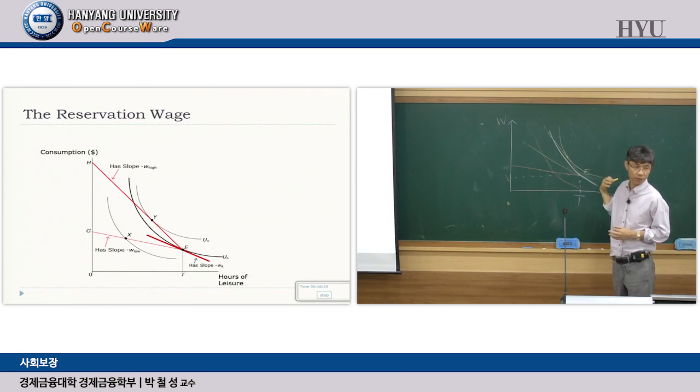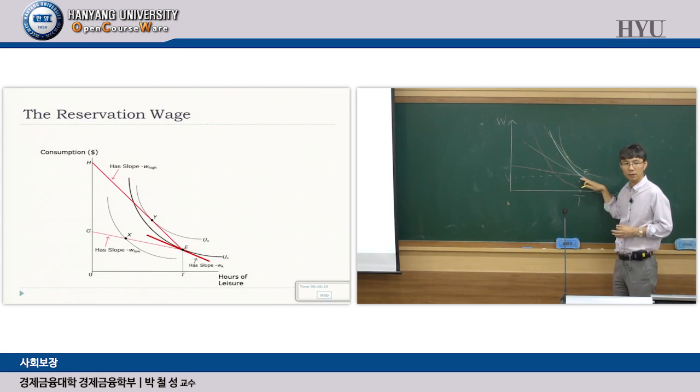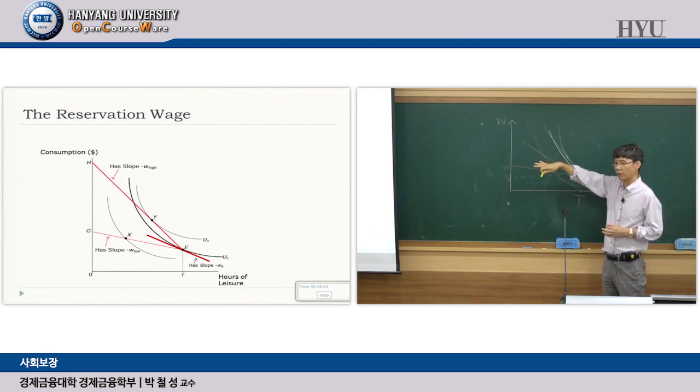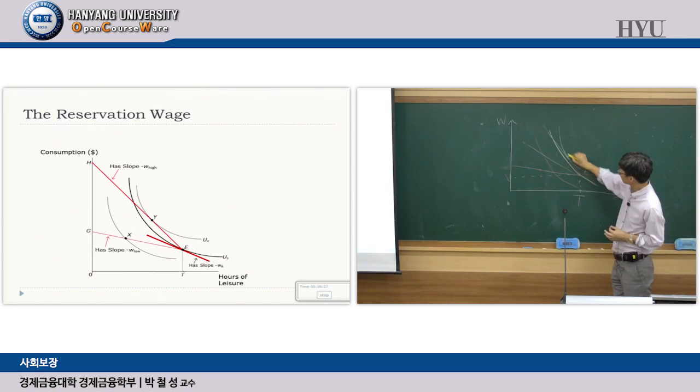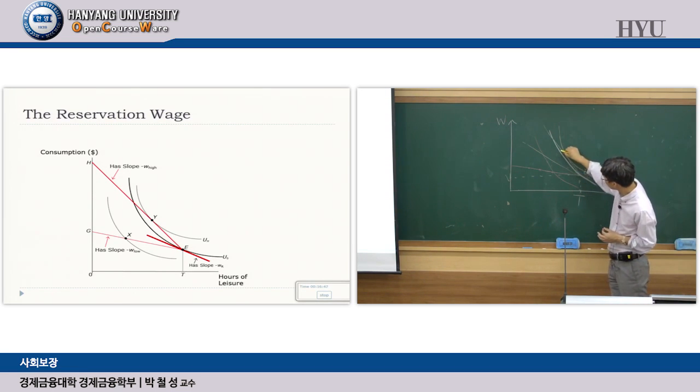Now if we think of the reservation wage, that means the slope of this one is lower than the reservation wage, right? That's why this person is not working. The wage offered is below the threshold, okay? And this slope made that person work, right? That means the wage rate of this one is higher than the reservation wage. Okay? So if we are going to find the reservation wage for that particular person, it should be higher than this one and lower than that one.